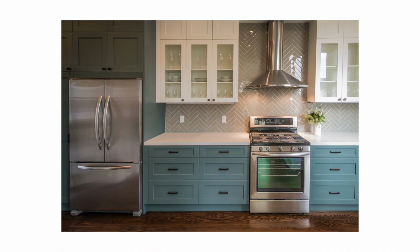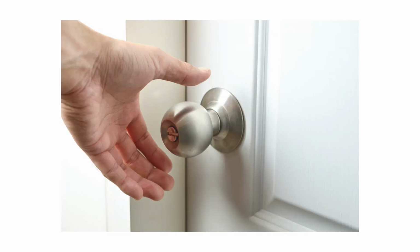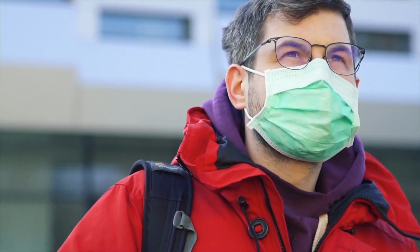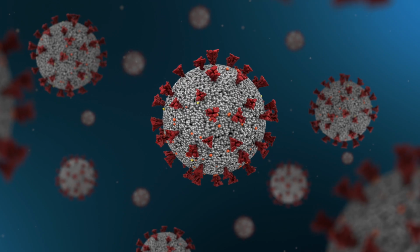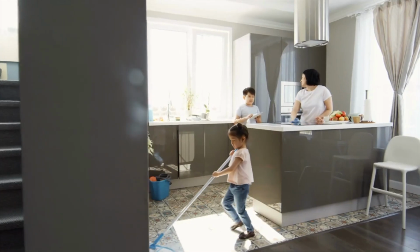Many surfaces inside your home are frequently touched by household members throughout the day. These areas are called high-touch surfaces. You can limit the transmission of dirt, bacteria, and viruses by following daily routines. Since the emergence of COVID-19, which is caused by a virus, practice cleaning and disinfecting to make your home a